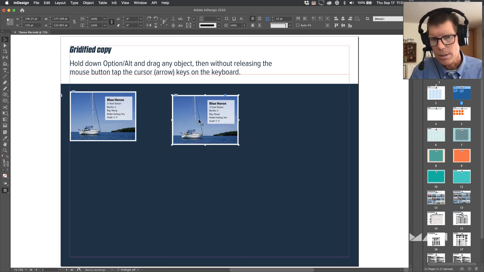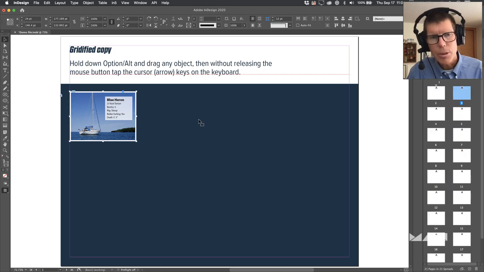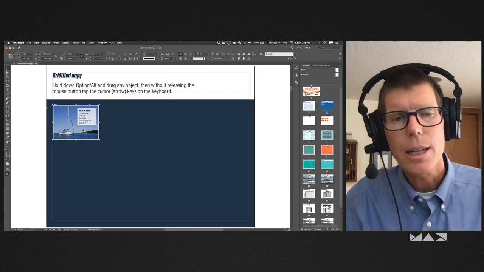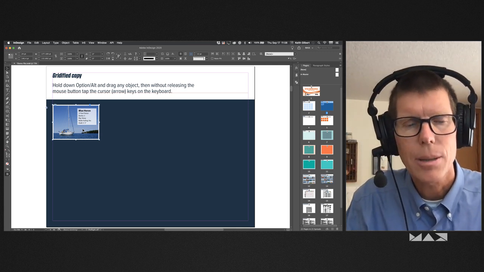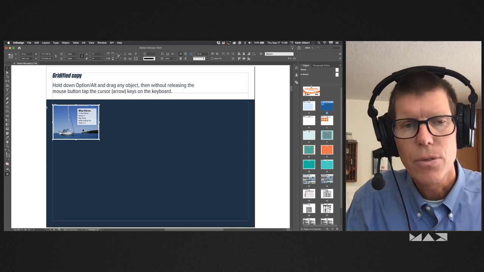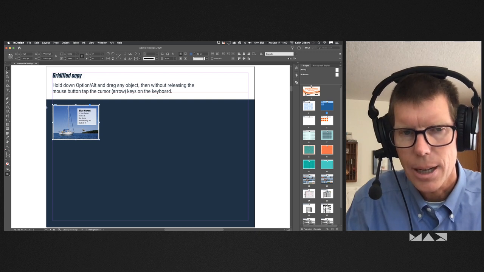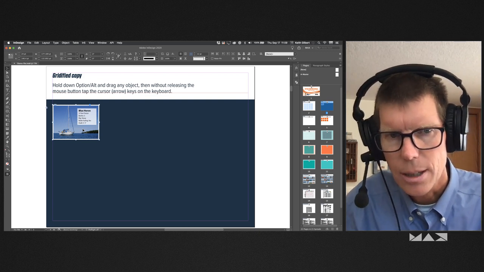Either way works. The reason I'm belaboring that point here is for this technique I'm going to show you next, it's very important that you hold down Option on the Mac or Alt on Windows first before you start to drag the object. Otherwise, this technique doesn't work.